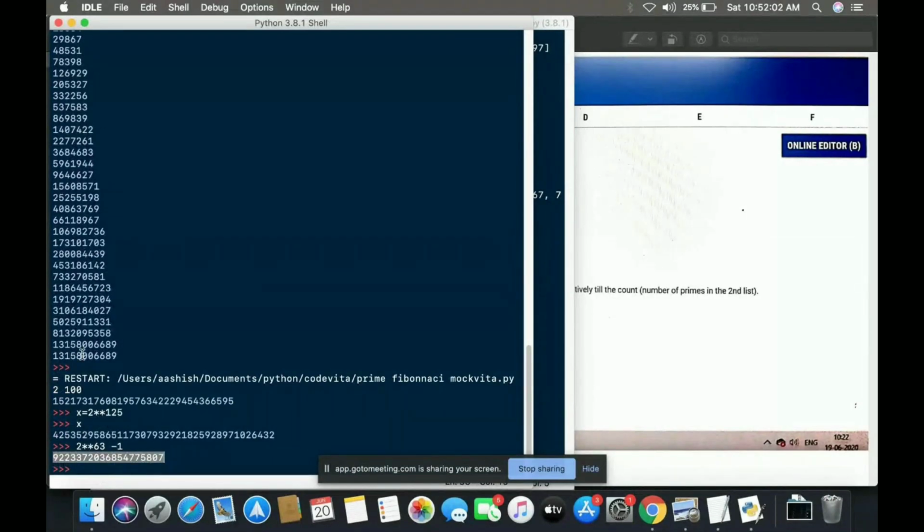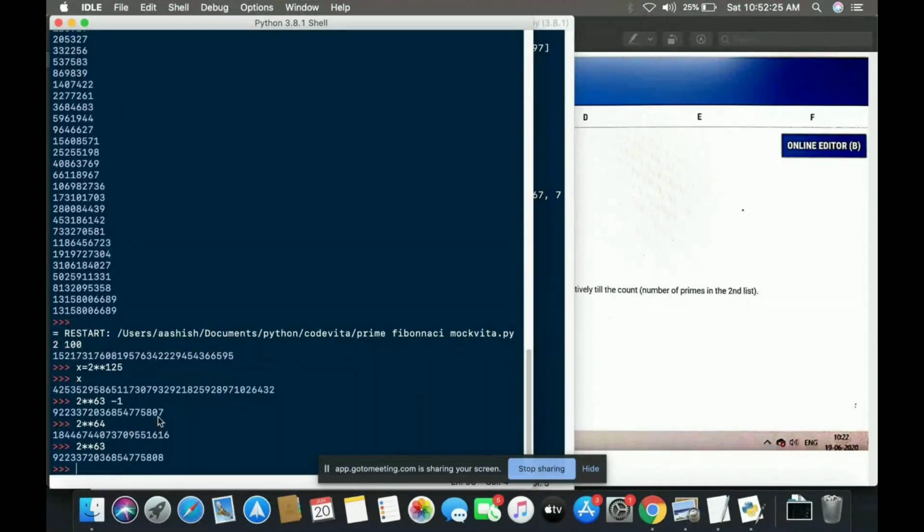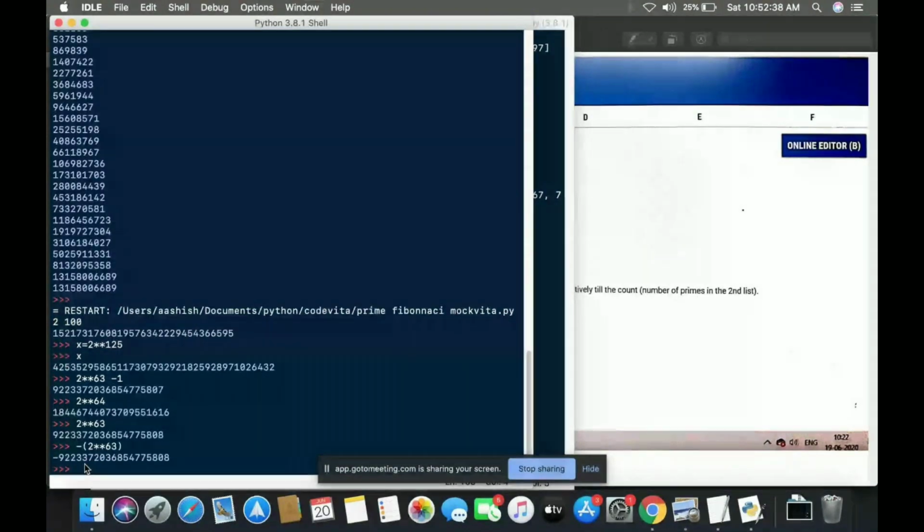So for the test cases, whenever your output is lesser than this, there's no problem. But whenever your output is gonna exceed this, I'll give an example: 2 raised to 64. If your output is larger than this, see, this number is different and this number is different, right? Sorry, 2 raised to 63. Yeah, see, this number and this number differ by just 1. But this very same number in C++ will be represented as something like this. C++ will represent this number as this number.